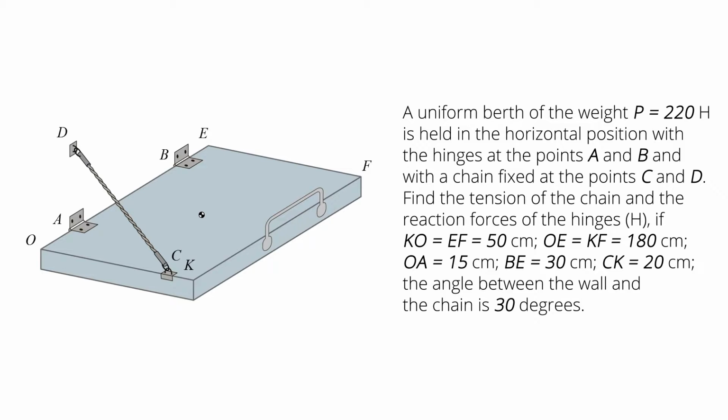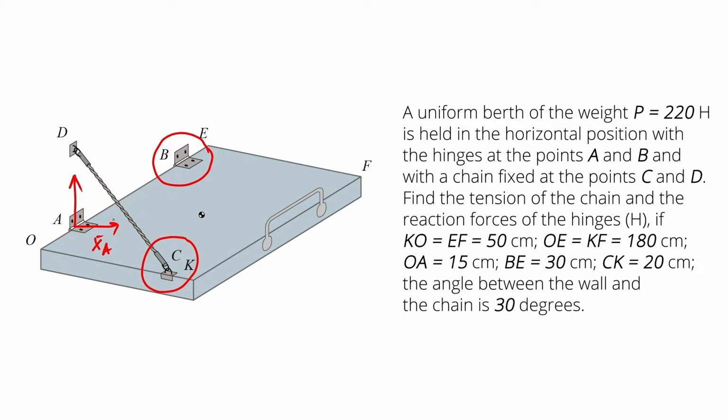Let us build a free body diagram. Imagine the constraints removed and replaced with the corresponding reactions. The constraints for the berth are the hinge in the point A, the hinge in the point B, and the chain, which holds the berth in the point C. The reactions of the hinges can be resolved into three components: